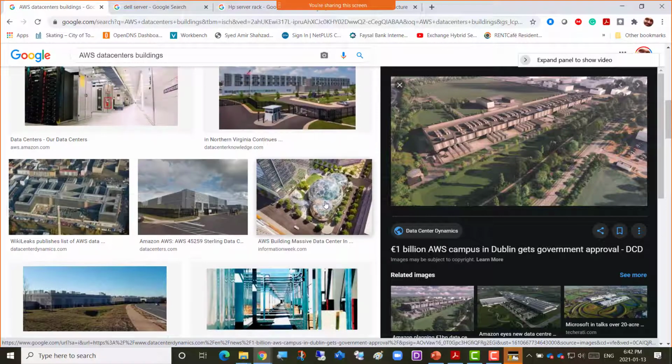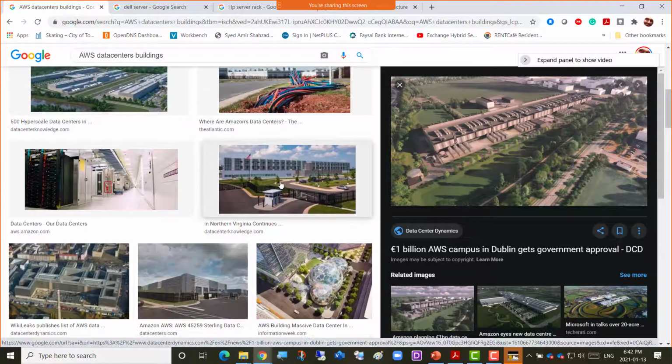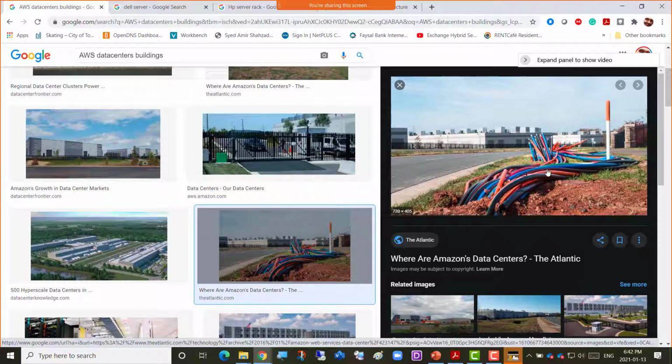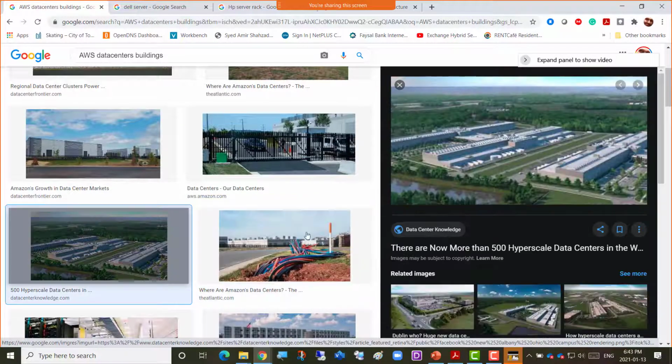So these buildings that look simple from outside are actually data centers, and those data centers are connected with each other through dugout fiber optic lines. So these are some buildings that look like this.